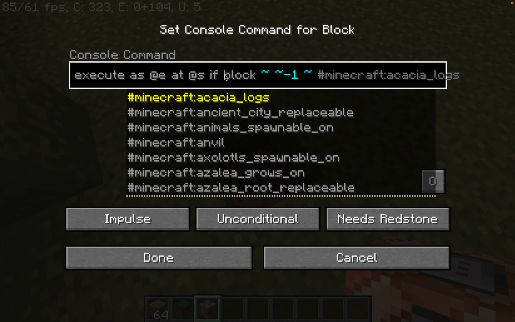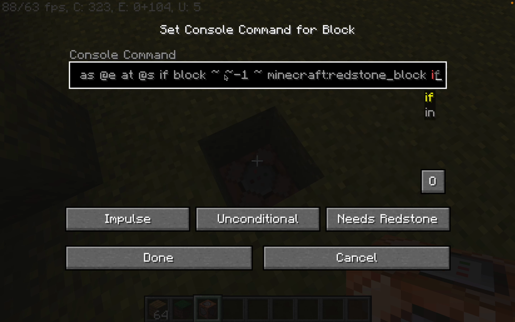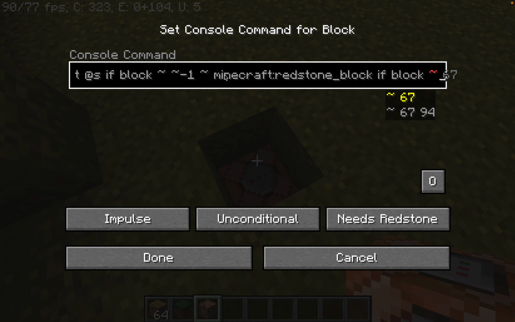And then what you want to write is, right here, you're going to place a certain block down, and that's what's going to activate the laser. So then if the player steps on the block or the entity, then the laser will kill them. So for this example, I'm going to be using a redstone block. And then just to make sure that nobody places a redstone block and then they accidentally step on it, they die, you want to do